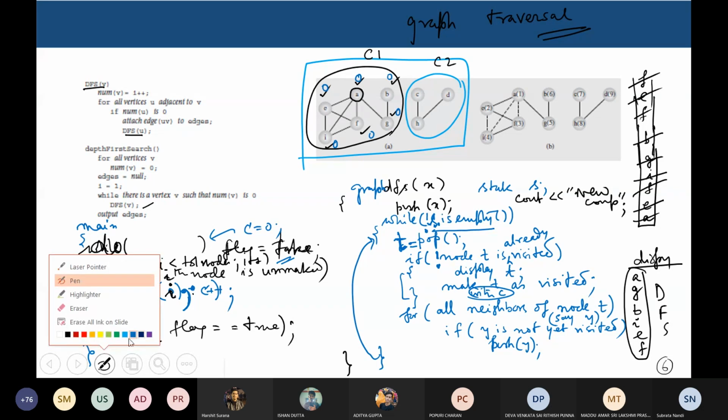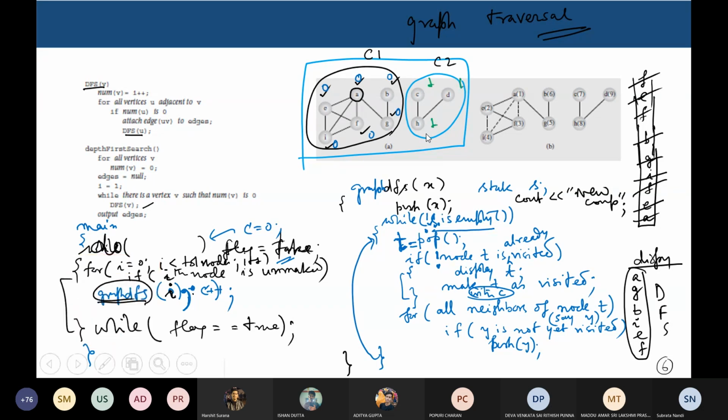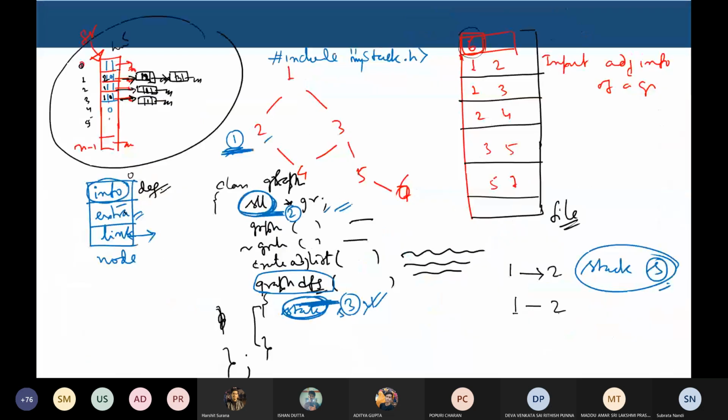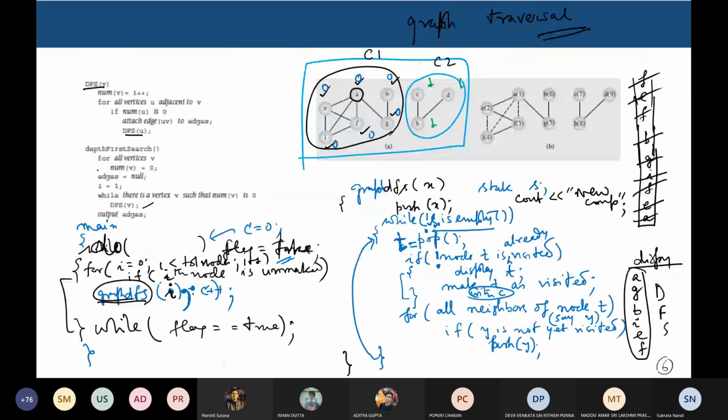Okay, so these will be 1 1 1, all these are 1. That means some of the nodes in this empty field will be marked as 0, some of them will be marked as 1, some of them will be marked as 2, and so on. So we can basically label those nodes, and once this whole process is done, we can just read that in